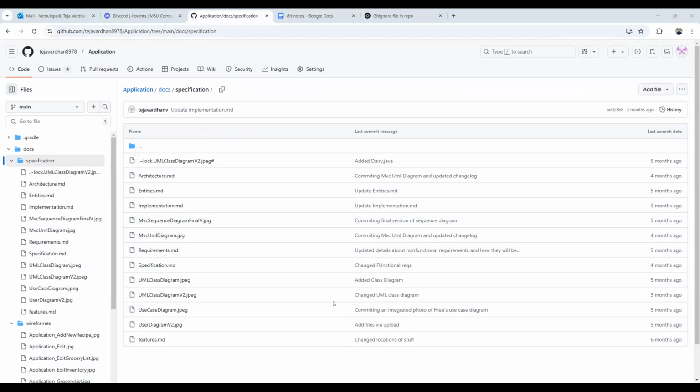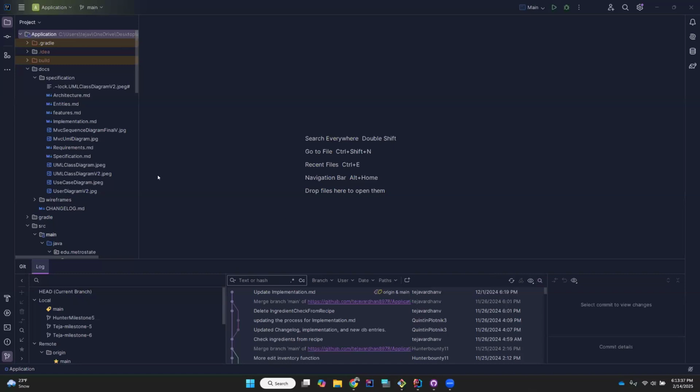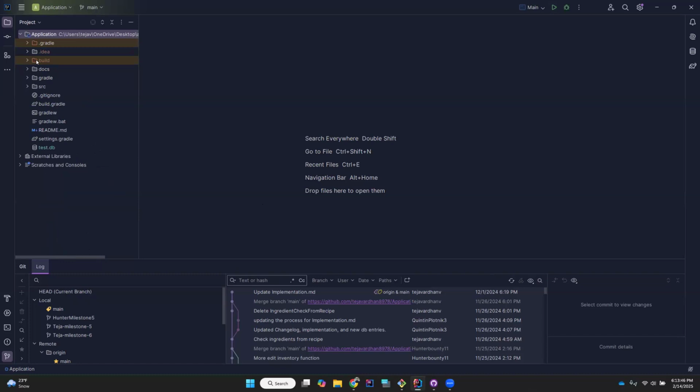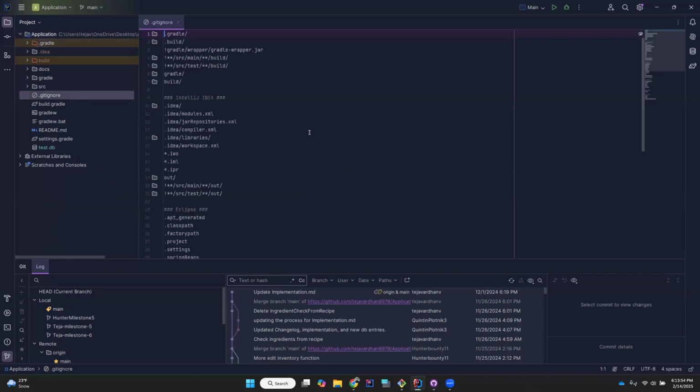One thing I also wanted to share is that when you're creating applications, you will most probably run into folders like build.gradle. Folders like these can be added to the gitignore.